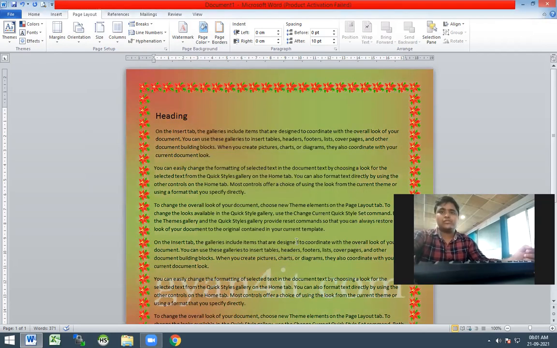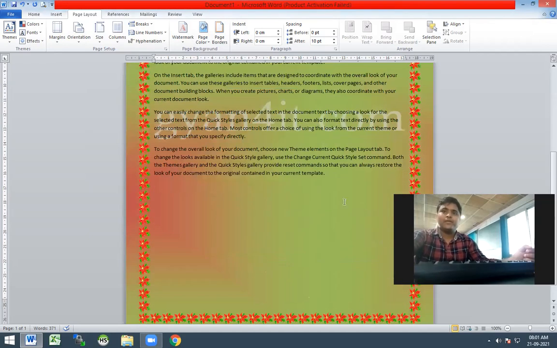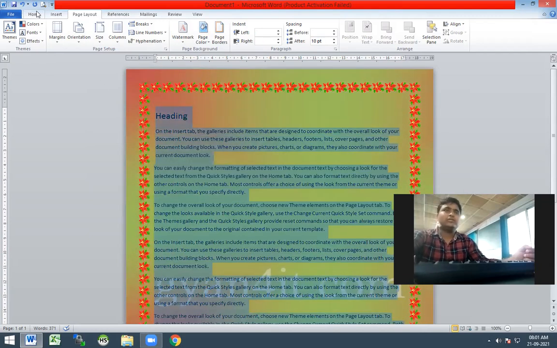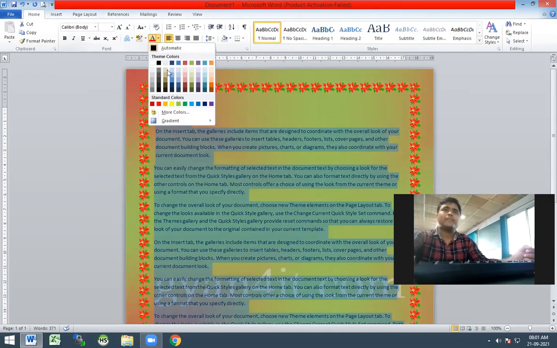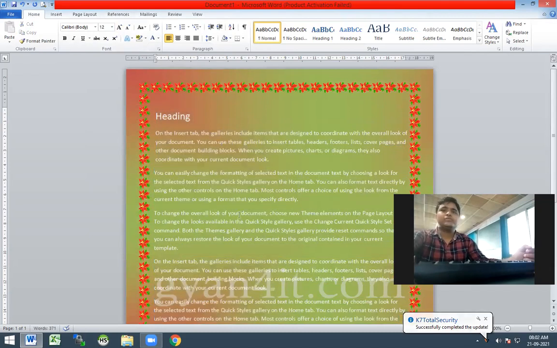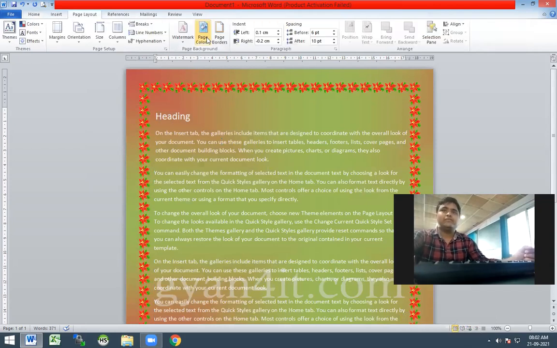So you can use the same. Here is the data. And you just need to change the color of this particular document text from here, like white. Improve the size. Here is the document. So you can do it through the page layout option available here.